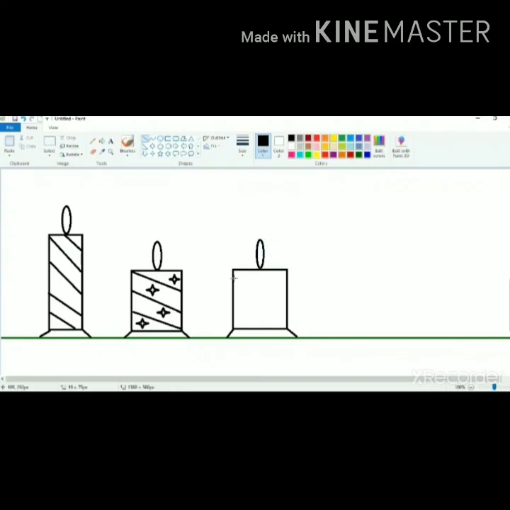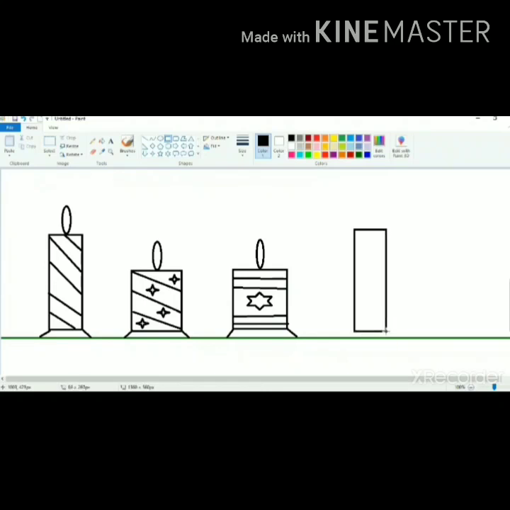And to decorate it, this time I am going to draw sleeping lines in the candle like this. And in between I am going to fill a star in the candle. So this way my candle is ready with a different design.